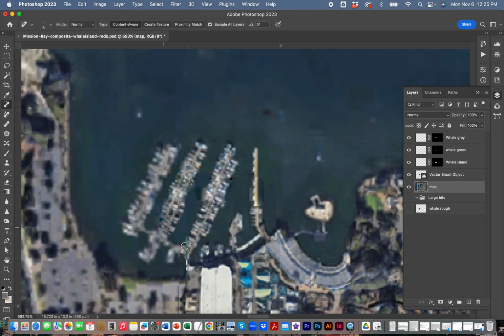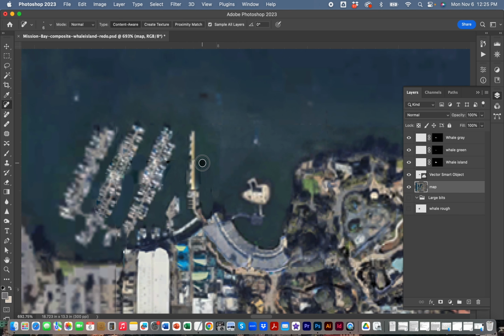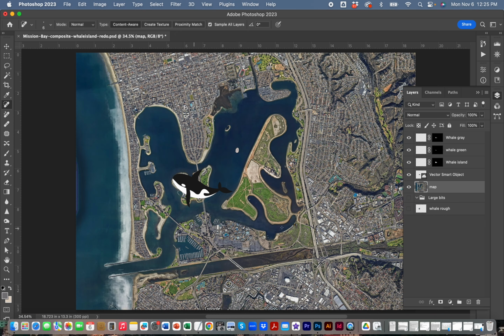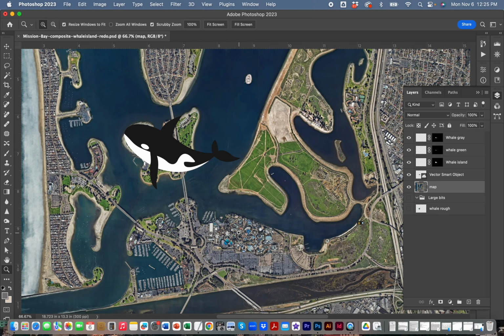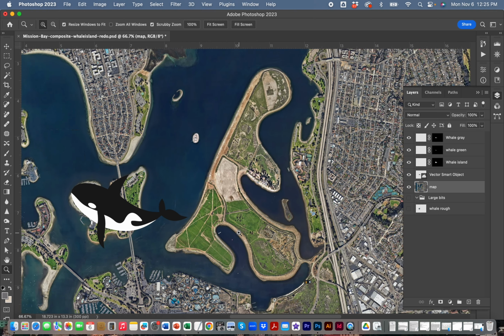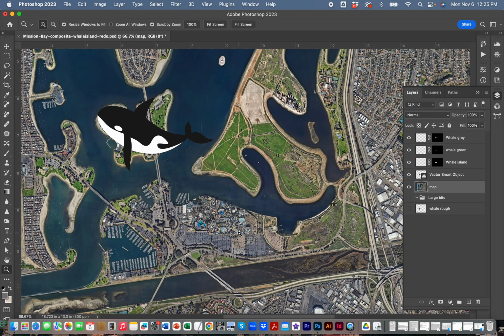We can use the spot heal on this, see what happens. So now we at least have fixed that piece where it looked really bad, and nobody's going to notice it anymore. It's going to look fine. So that's cool. So the next thing we want to do then is we're going to go over here to